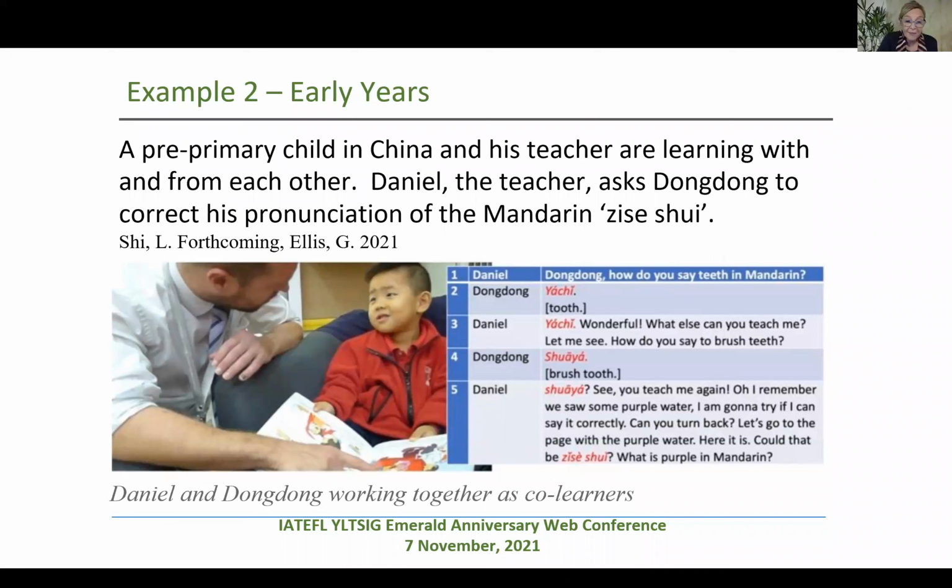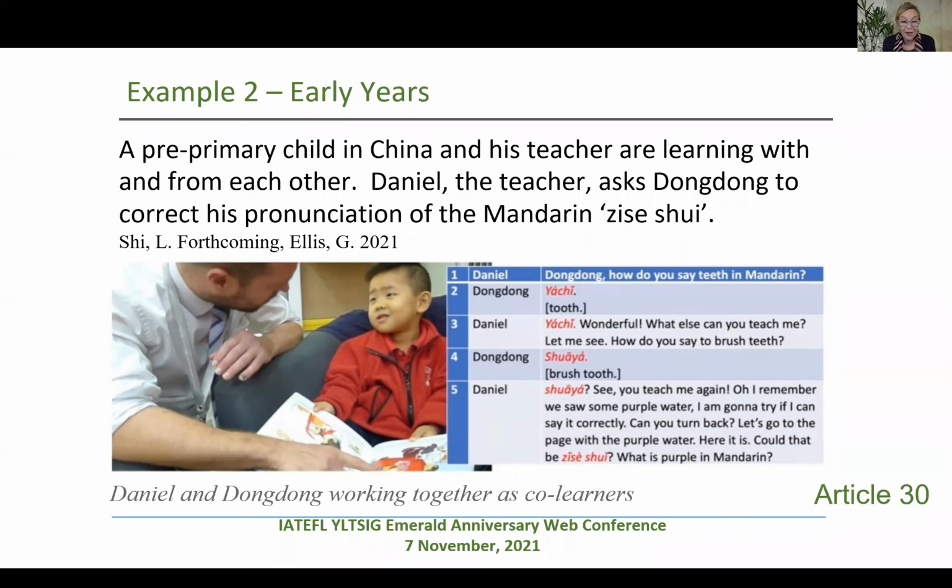Now, this example shows how Article 30 has been applied, which gives the children the right to use their own language. And here, by collaborating as co-learners, Dong Dong's own language, Mandarin, is valorized as he is respected as a competent learner, capable of sharing and teaching his own language and providing feedback, as suggested, I think, by his expression. Does that say room for improvement?